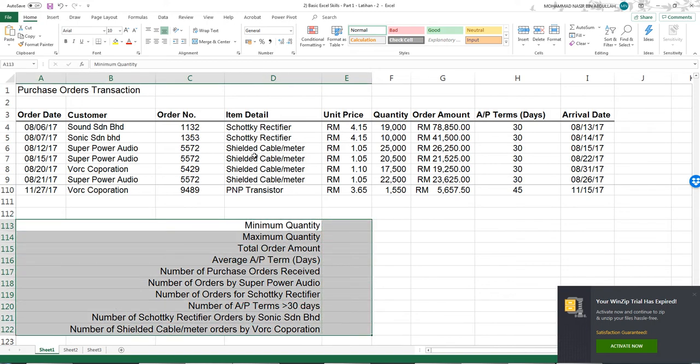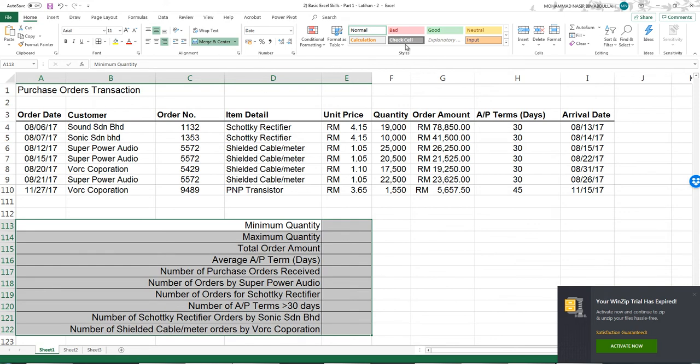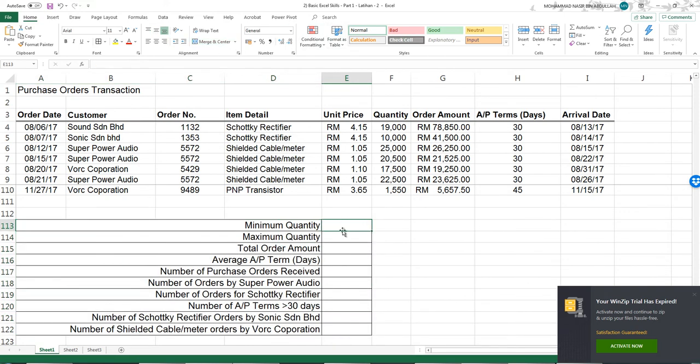Bentuk dalam table lah, senang nampak kan? Okay. Minimum quantity. So nak cari minimum quantity, I just, this is the quantity kan? So I just letak reference MIN. So kalau you notice that, bila I type MIN, dia akan bagi drop down menu,